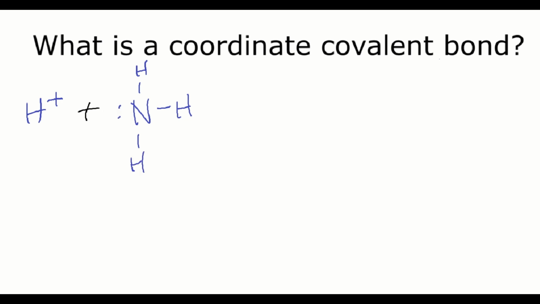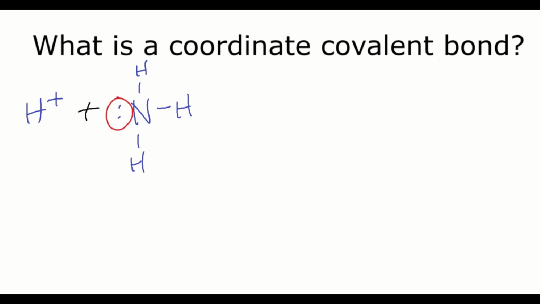I'm not going to go over how to do that in this video. There's plenty of practice on our problem set on how to draw Lewis structures. But if you notice, ammonia happens to be a very common donor of these electrons to make a coordinate covalent bond. Notice that it has a lone pair. Hydrogen, this ion, has no electrons. So what ammonia can do is use both of its electrons to form a bond with that hydrogen ion,